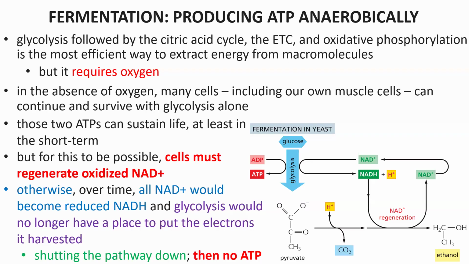Now, in ethanol fermentation, alcoholic fermentation, like Saccharomyces cerevisiae or like some bacteria, what we're doing in the fermentation cycle is we've made pyruvate, we take the electrons from NADH and we use them to reduce pyruvate. That oxidizes NADH back to NAD+. There's the regeneration. Now glycolysis can continue.